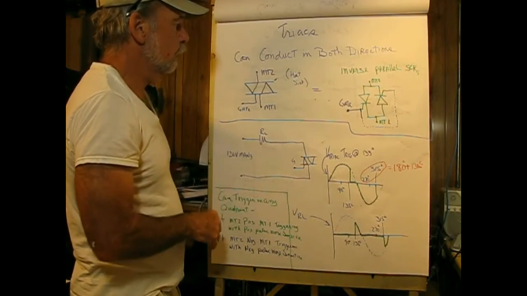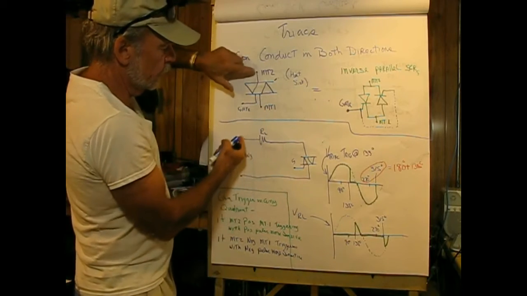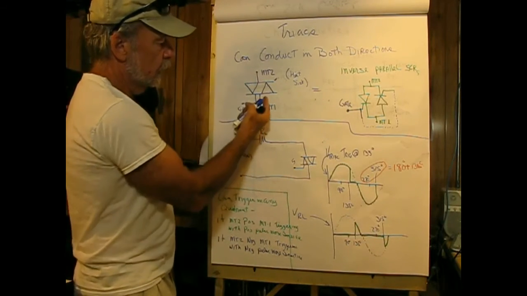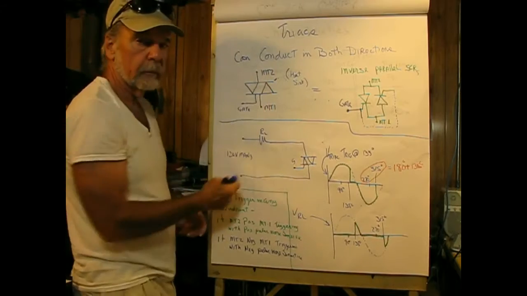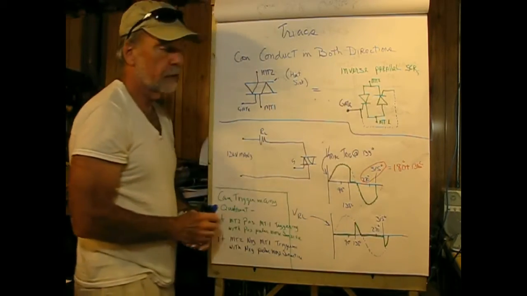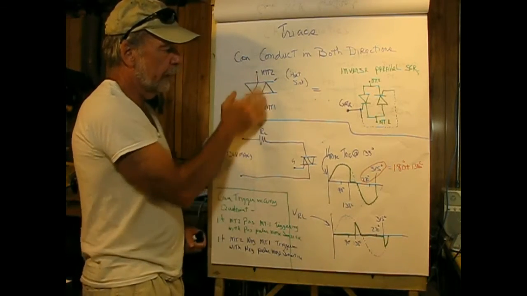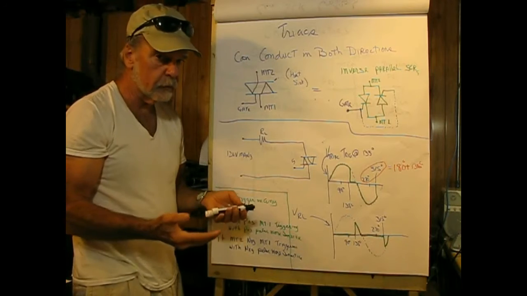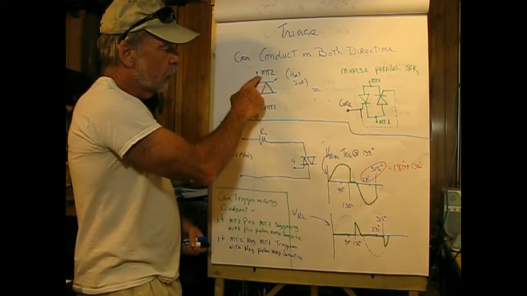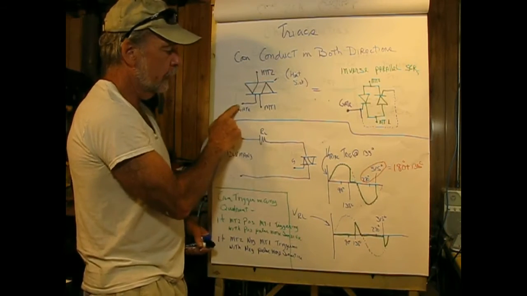Okay, triacs. They can conduct in both directions, and if we look at the symbol for it, what we can kind of see is a diode going this way and another diode going that way. So it's inverse parallel SCRs. The names of the terminals now are not anode and cathode, because they're truly not. This is called MT, main terminal 2, and this is called main terminal 1, and then we have the gate